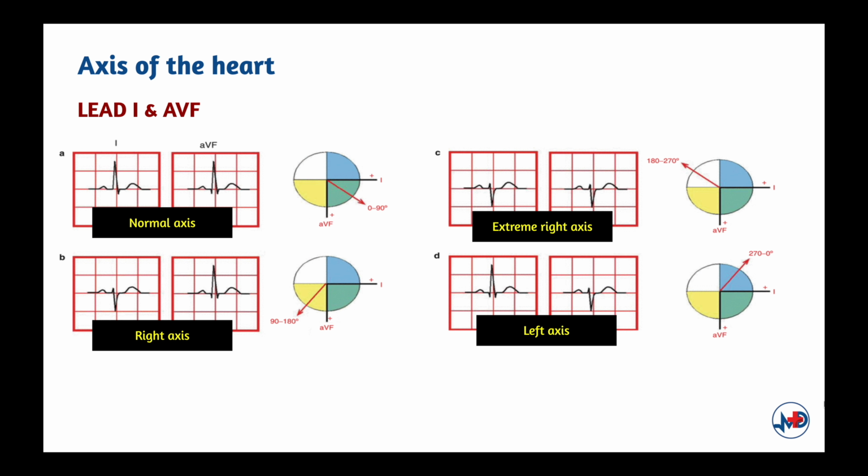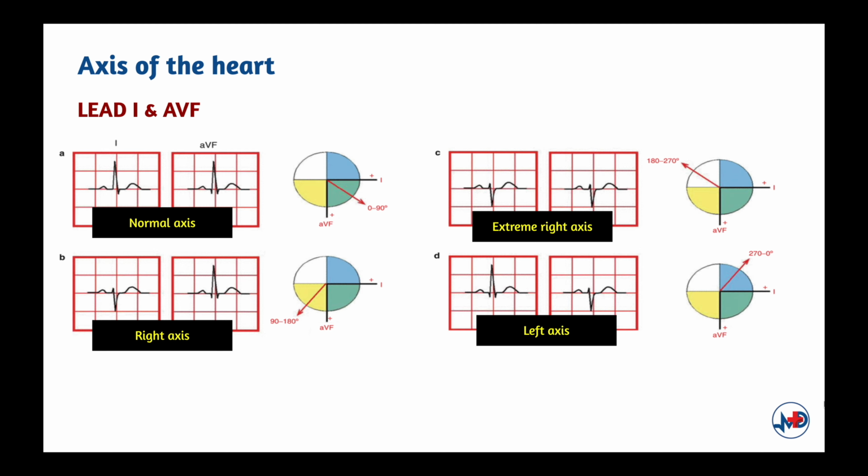Now, the axis of the heart. Here mainly we will look at lead 1 and aVF. The term electrical axis of the QRS refers to the mean manifest electrical potential in space responsible for this electrocardiographic complex. This potential has both size and direction, and it may be treated as a vectorial quantity. In particular, there is recent emphasis upon axis deviation as primary information in the diagnosis of those intraventricular conduction defects, now called the fascicular blocks, as well as certain congenital defects, notably endocardial cushion defects and conduction system injuries after